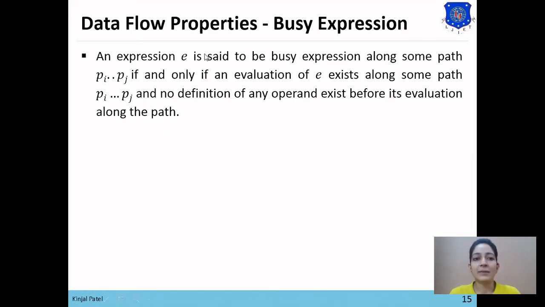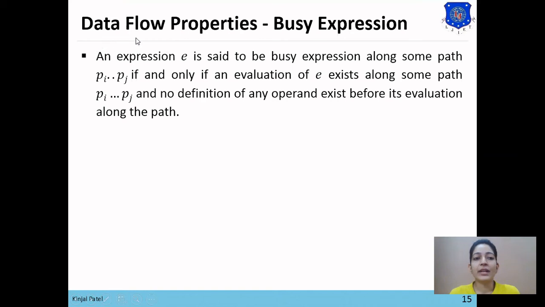Means the expression is said to be busy if the evaluation of that E exists along the path Pi to Pj and no definition of any operand exists before its evaluation along this path. So busy expression is used in code movement optimization technique.